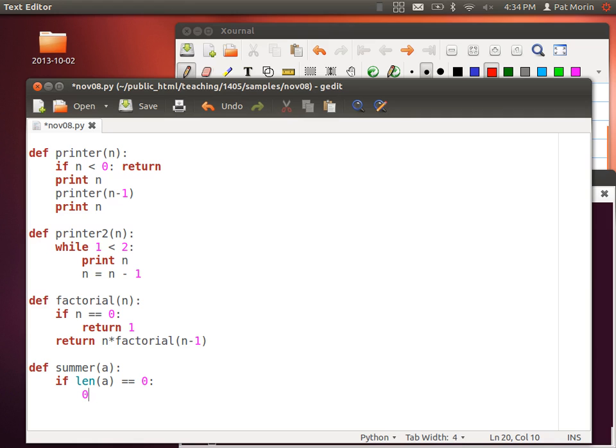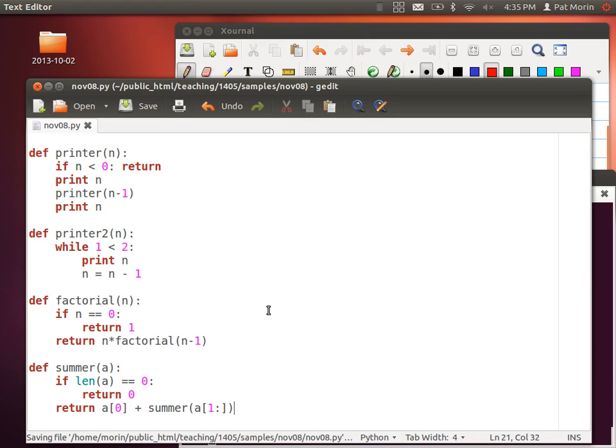So always try and find the simplest base case you can. Sometimes you may need more than one base case, but in this case, if the length of A is 0, then you add up nothing, you get 0. So we'll stick with that. You say return A[0] plus sum of A, then you just slice from 1